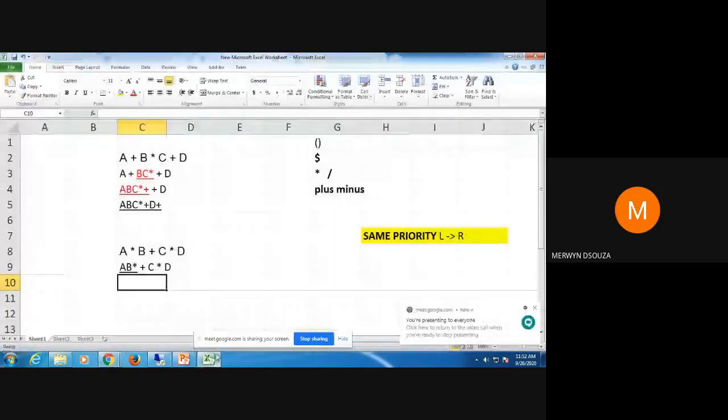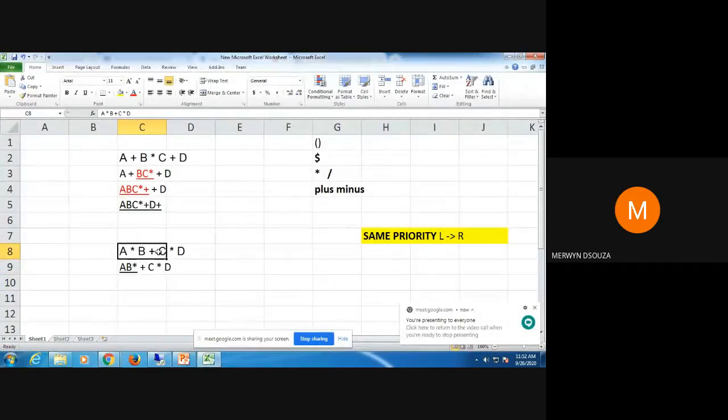Okay, I'll just repeat what I just said. Here we have three operators: multiply, plus, and multiply. Between the three operators, you have to decide a priority. Like we saw in this table, multiply has higher priority than plus. Then you have to decide which multiply you will do first. For that you use this rule, which I have highlighted in yellow: same priority means you solve the one on the left first, and then go from left towards right. Because of that rule, I solve this multiply first.